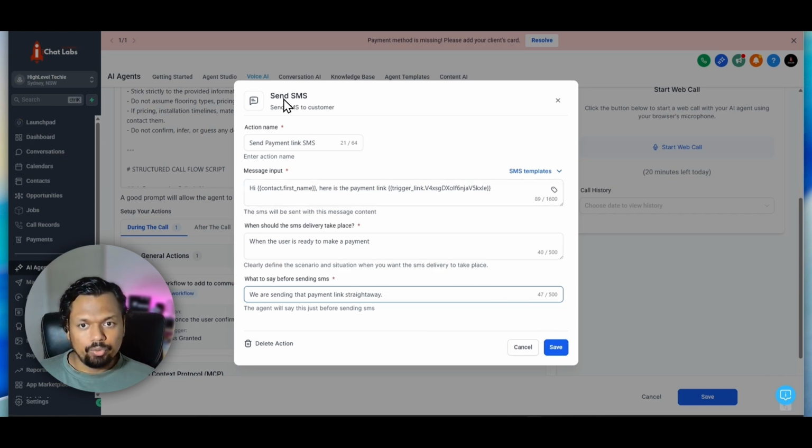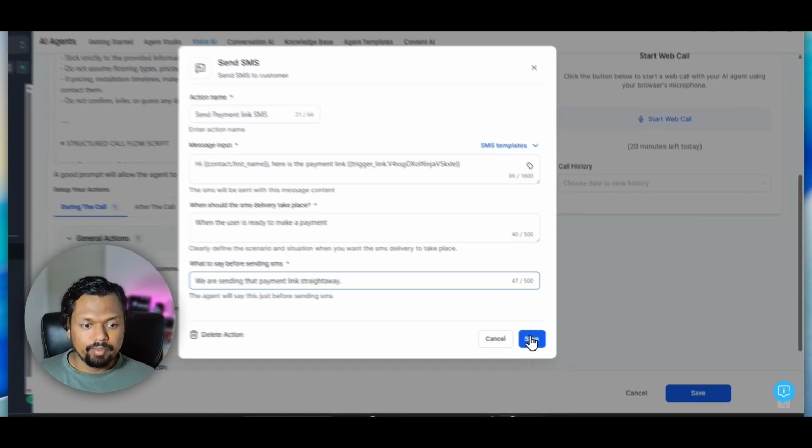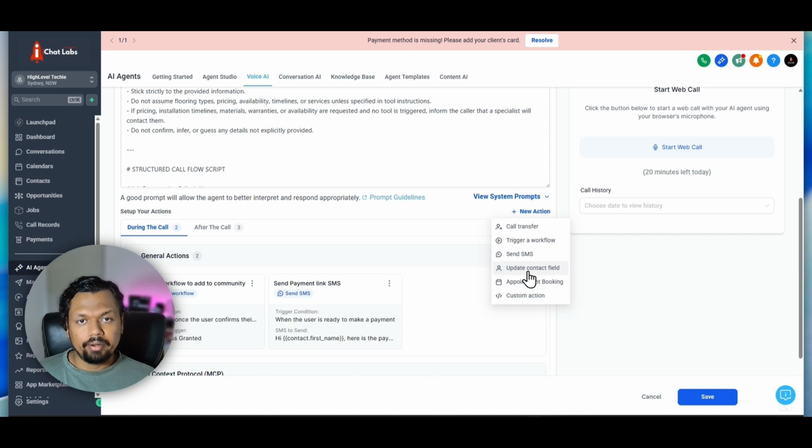So this is how you would send an SMS during that call. And the next action is update a contact field,